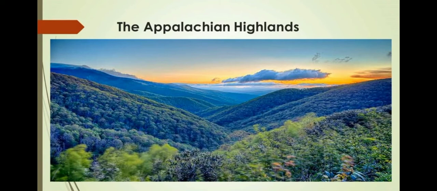The Appalachian Highlands. The Appalachian Highlands do not form a continuous chain like the Western Highlands. These highlands are low and wide. They have very few peaks more than 1,800 meters. They include the high plateaus of Greenland, the Labrador or Laurentian Plateau in Canada and the Appalachian Mountains in the United States. These old fold mountains are worn down by weathering and are much lower than the Western Highlands.